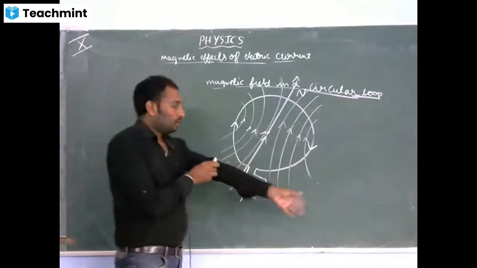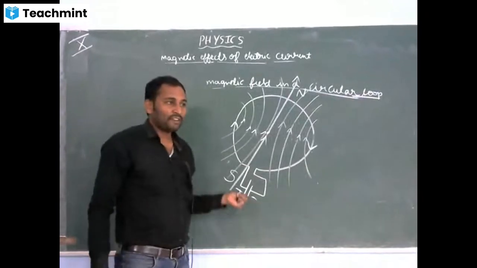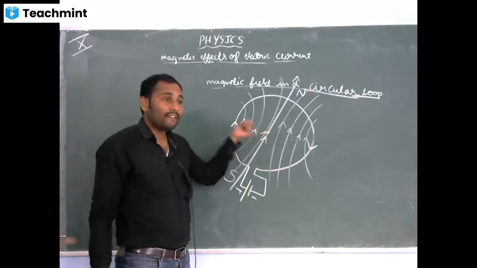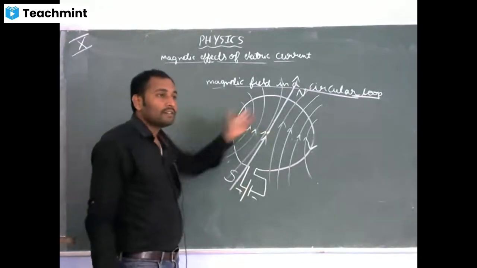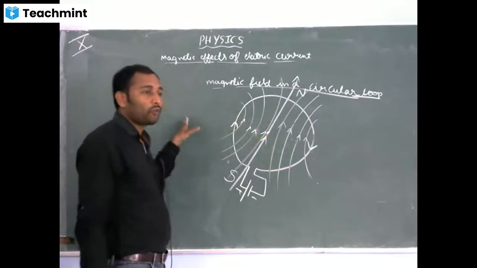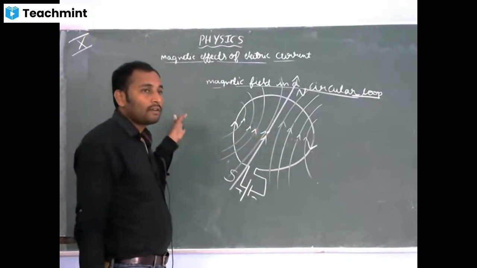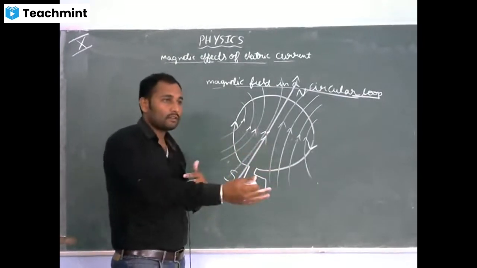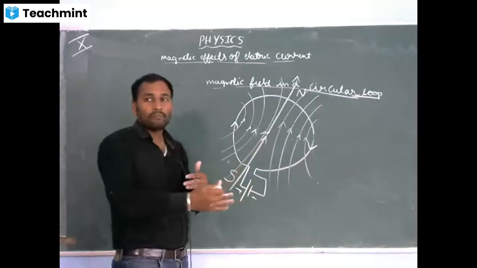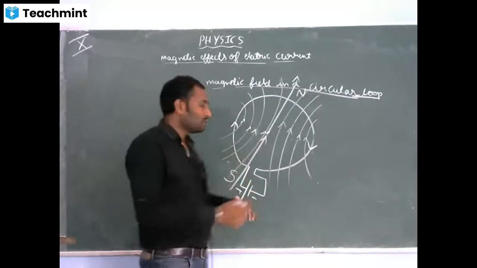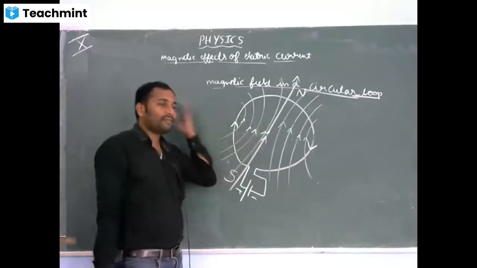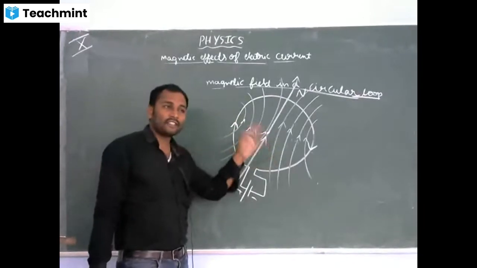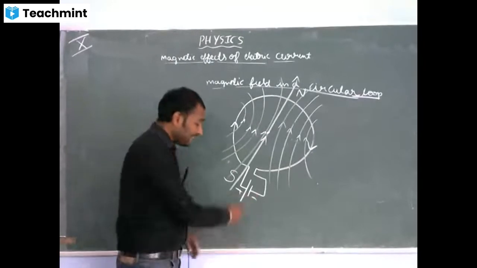So this is how we determine the magnetic field line direction in the case of a circular loop carrying current. Now our next goal is to determine what happens to the magnetic field strength when you go away from the circular loop. When you go away from the circular loop, what will happen? The distance between two consecutive magnetic field lines will increase. So as the distance increases, magnetic field strength decreases. So we know if we go away from the circular loop, the magnetic field strength decreases. If I increase the current,